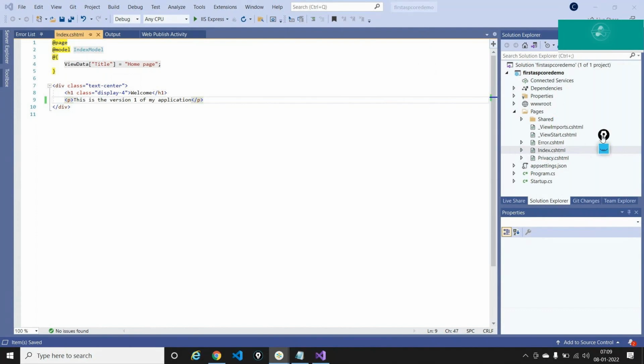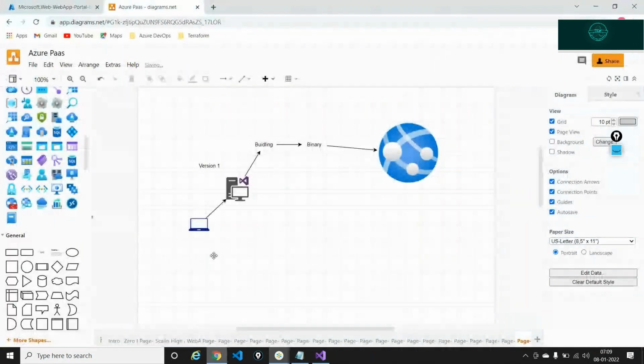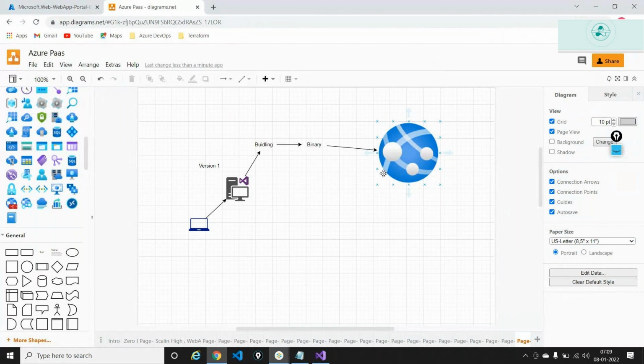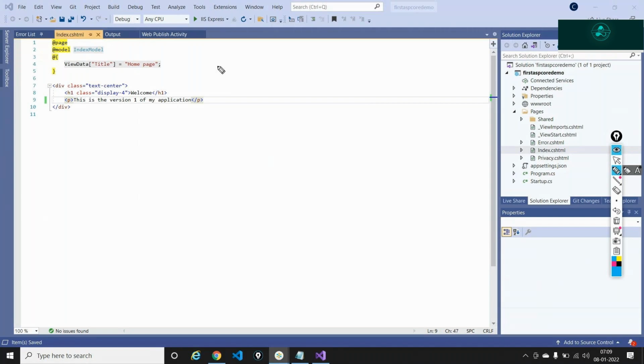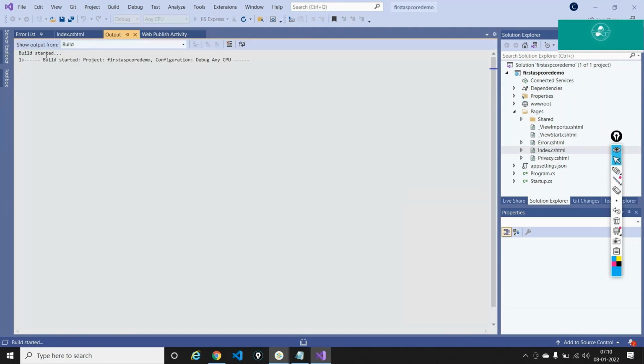Now this is my local machine that you're seeing right now. Before I take this code to the cloud, there should be some kind of test that I do on my laptop to understand whether the code is running or not. For that, there is a button called IIS Express out here. All the developers do is click on this button and see if the code is actually running. It'll first do a build process, then it'll try to load this code on your local machine to see whether it's working or not.